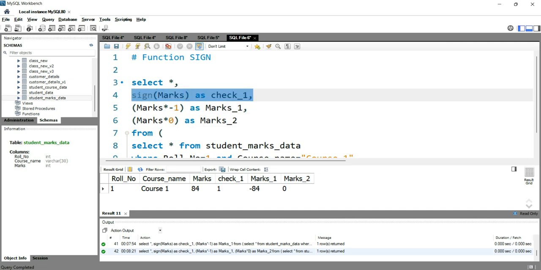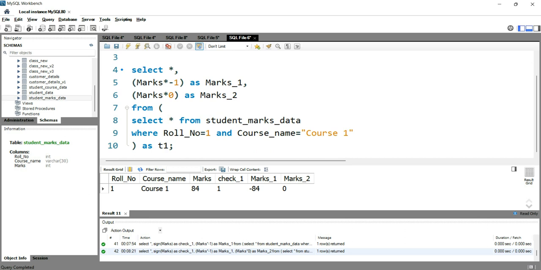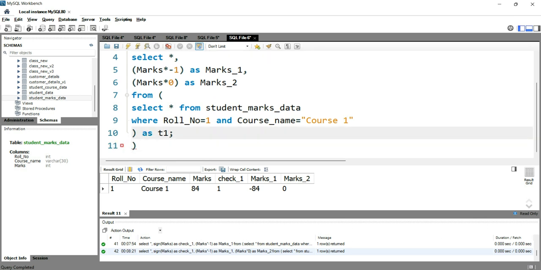Now let's remove this sign function from here, and let's assume that this is our entire subquery. We'll create another outer query saying select star from this table, and we have to remove this semicolon from here, as table2 or T2.